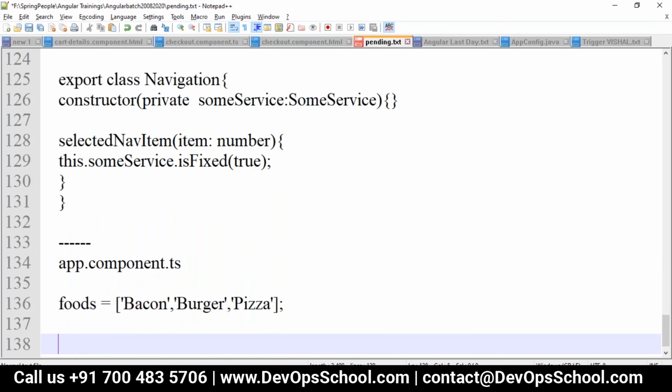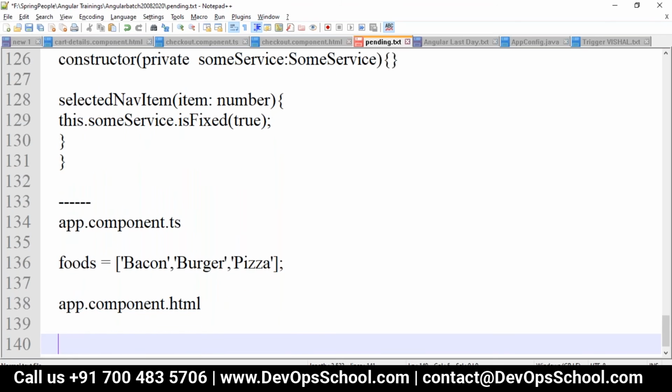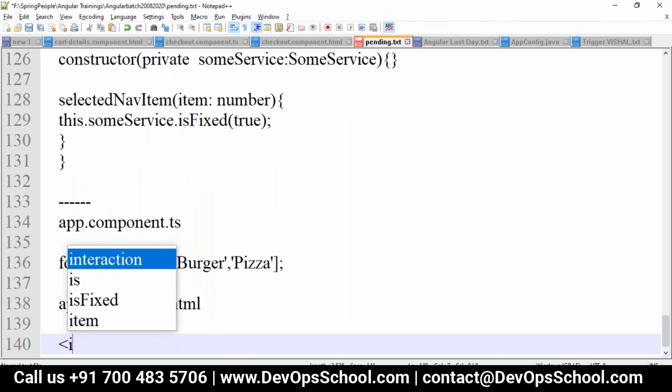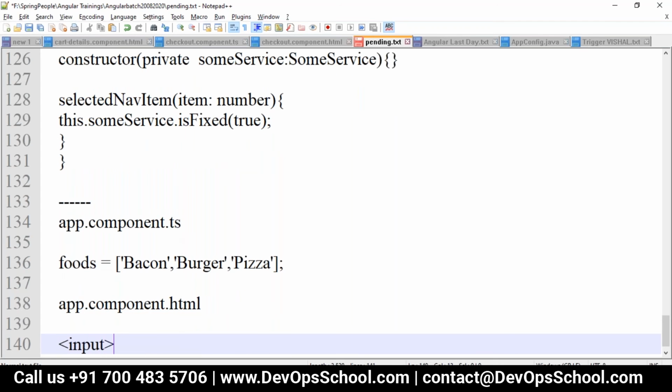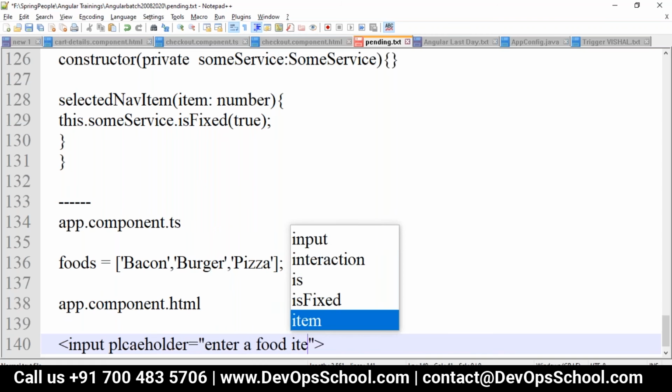In the app component HTML, you have some input type. Maybe you have used some directive or some property, that's okay. It's an input, and I'll give one placeholder: Enter a food item.